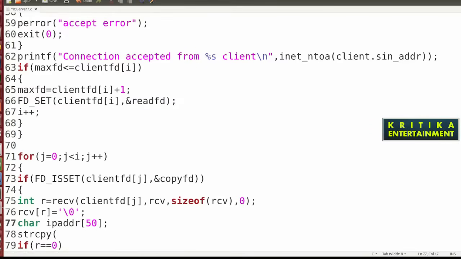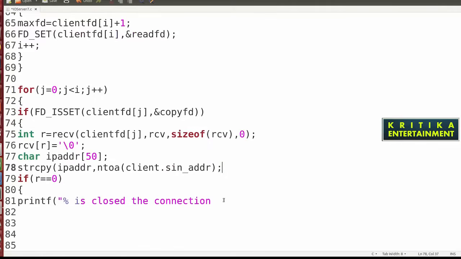Then here write strcpy ip_addr, then inet_ntoa client dot sin_addr, okay. Then here write close connection, then newline, ip_addr. This client is going to close the connection.